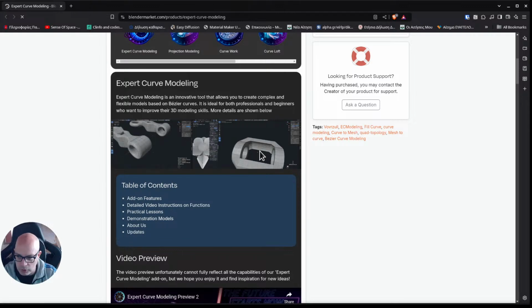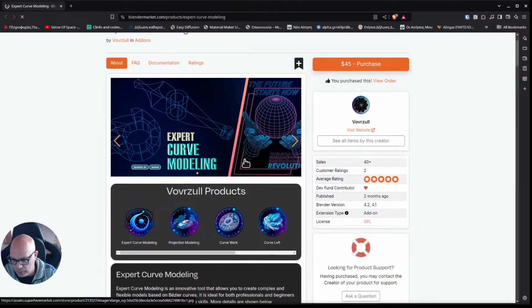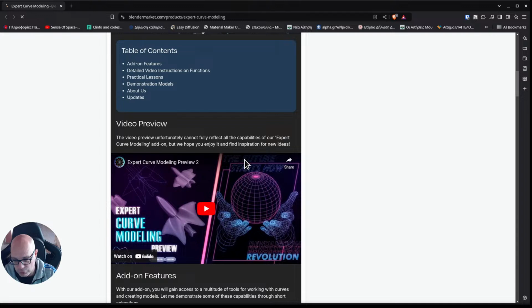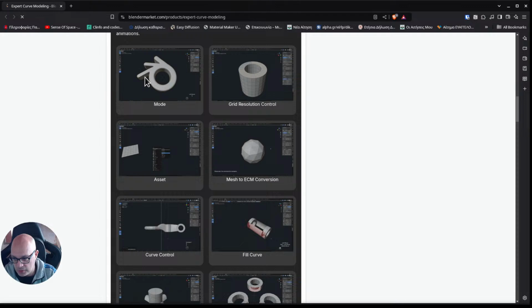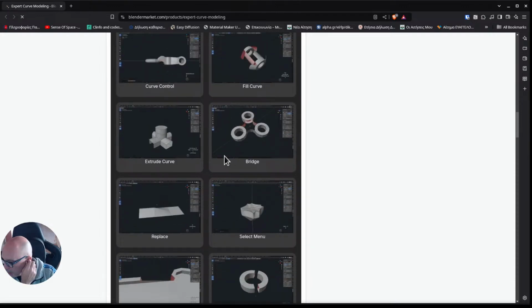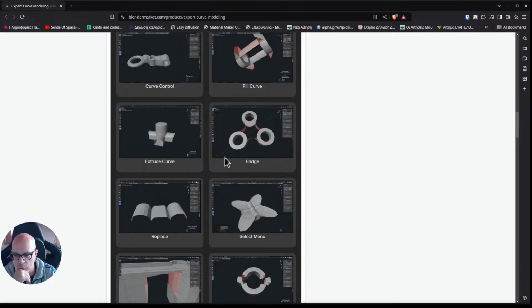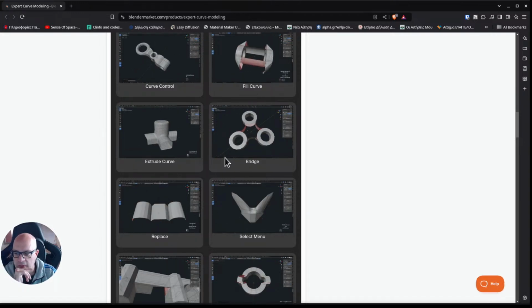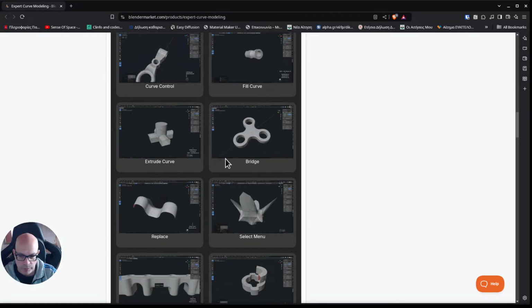This is a new add-on from what I've seen. Even though it says version 2, it's very, very new. It's actually very buggy. But I was thinking, and here you can see some of the things you can do, using curves for modeling is really a nice way to do it. And the reason behind that is that it's much more powerful compared to polygon editing, because with polygon editing, if you want to